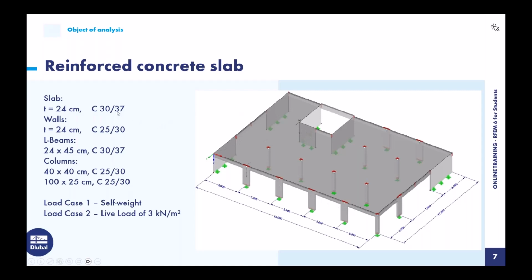And we will have C37 again. The rest we will have a look at in the model I will show. This is the aim, but we are interested in the slab mainly. So we go back